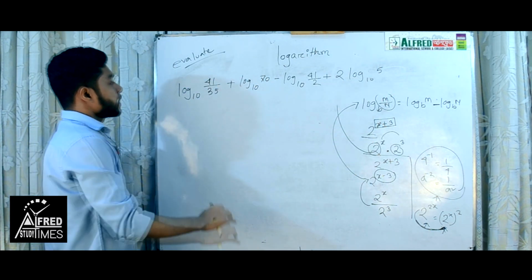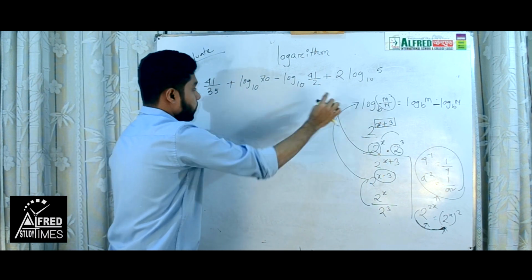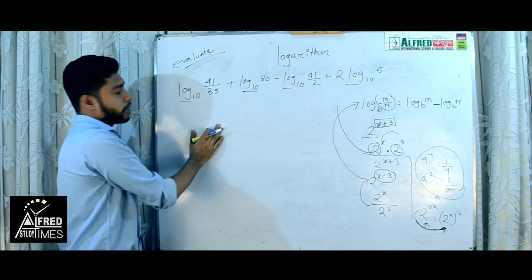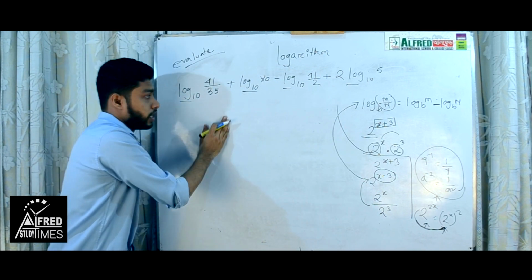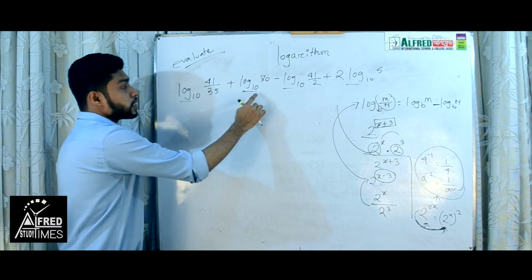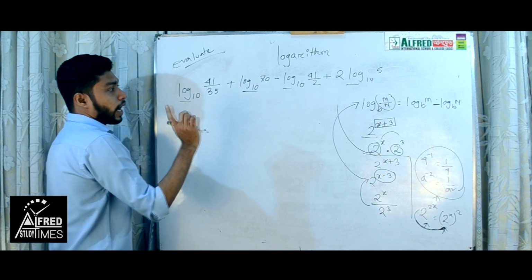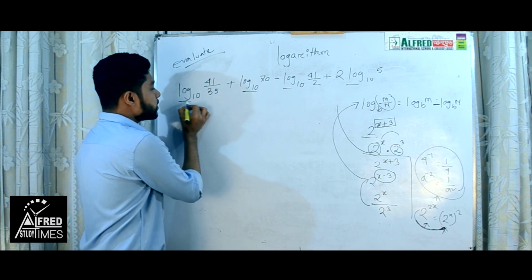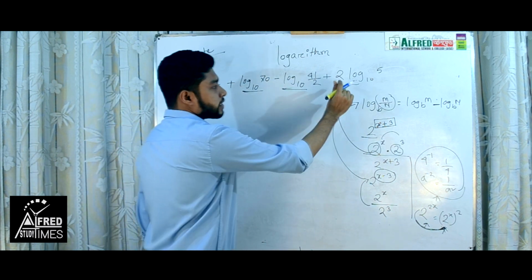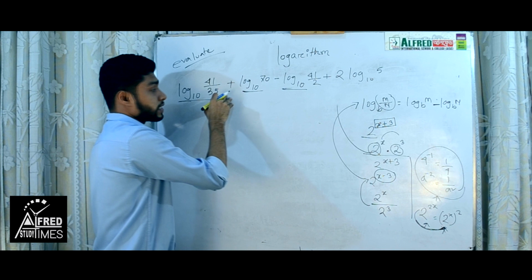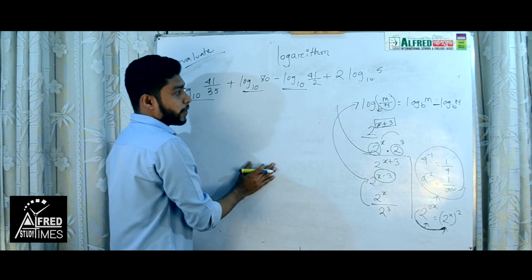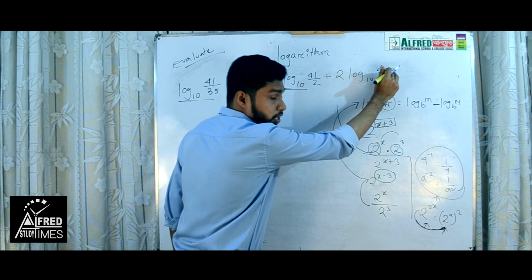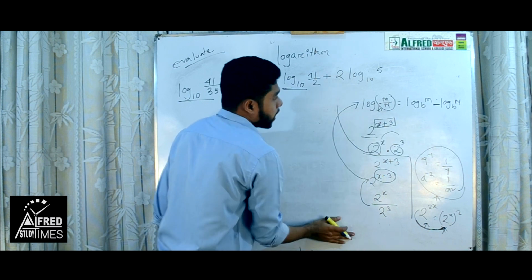You can see here is my base, all are same. The base is log 10, but there is no problem with the power. We don't think about the power, we think just about the base. We can write it. Here is my base. Okay, one thing is there, you can see these are similar, but there is a 2 which is not similar. So we have to do something, we know a better thing. One thing is that this 2 will go to the power of 5 square. Okay, this is my formula.